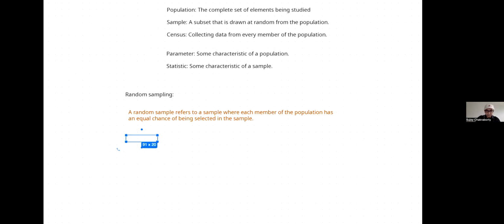So four common sampling techniques. The first is what we call convenience sampling, okay? So number one is convenience sampling. Convenience sampling means that